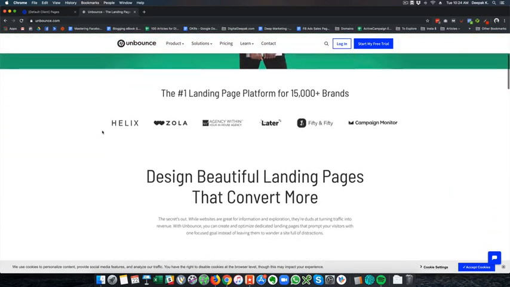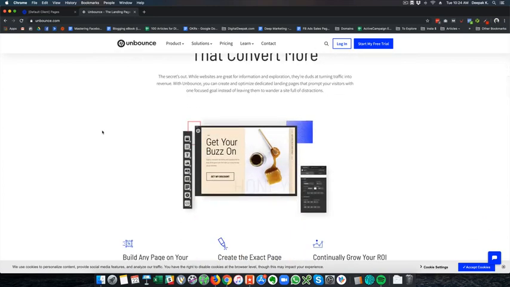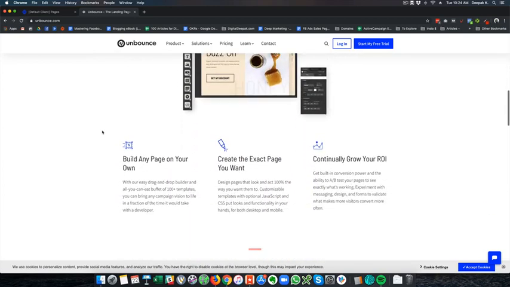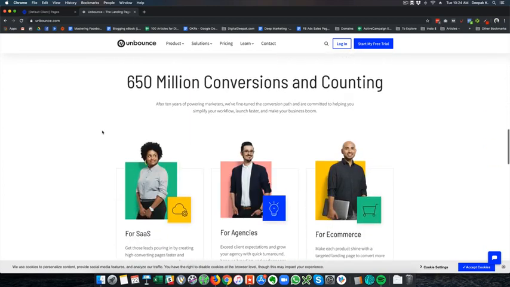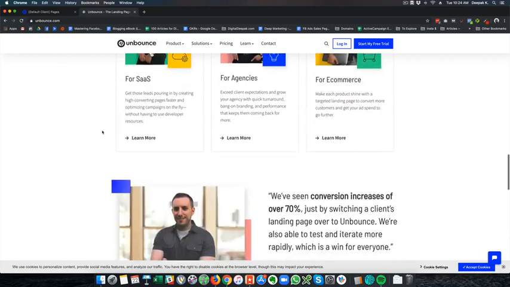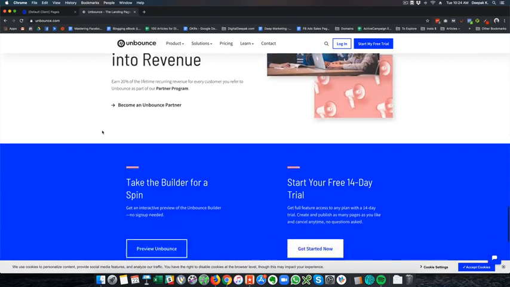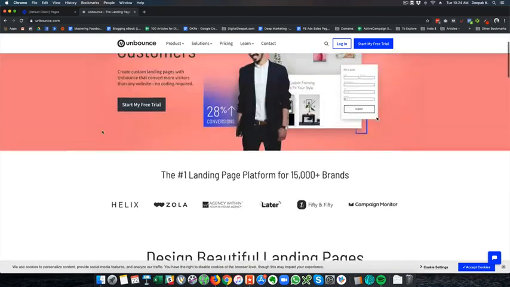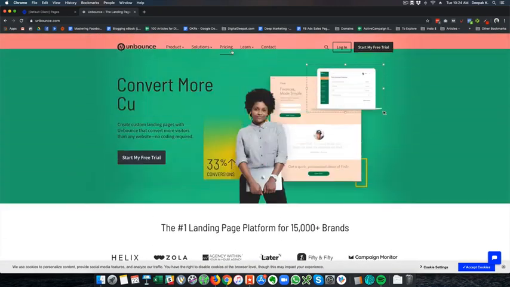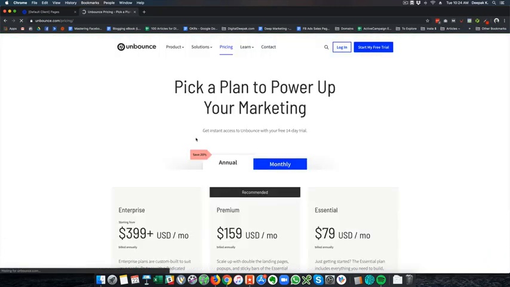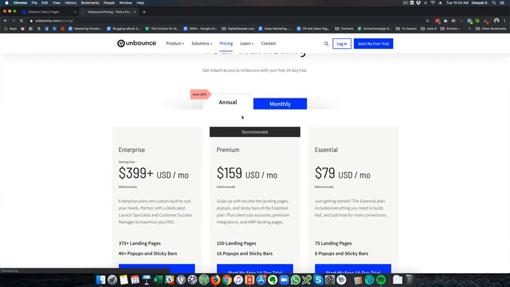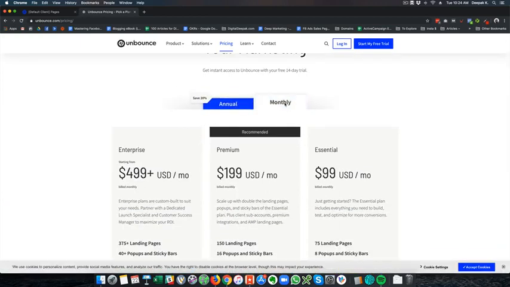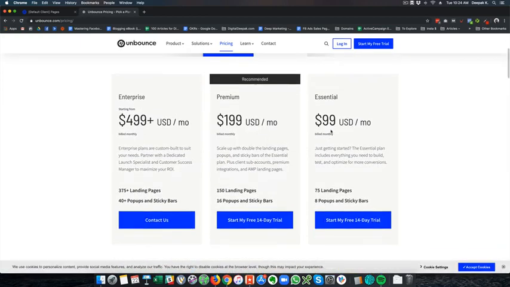So this is Unbounce, and you can see that Unbounce is a drag and drop landing page builder just like Instapage, and they are pretty well known in the market right now. So their pricing is a little bit different than Instapage, and if you look at the monthly plans, it starts with $99 a month for the basic plan, and then $199 for the premium plan, and $499 plus for the